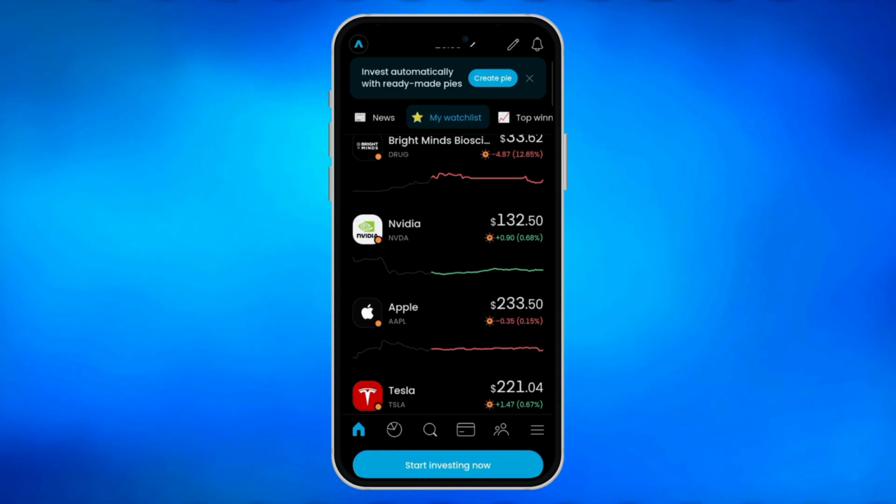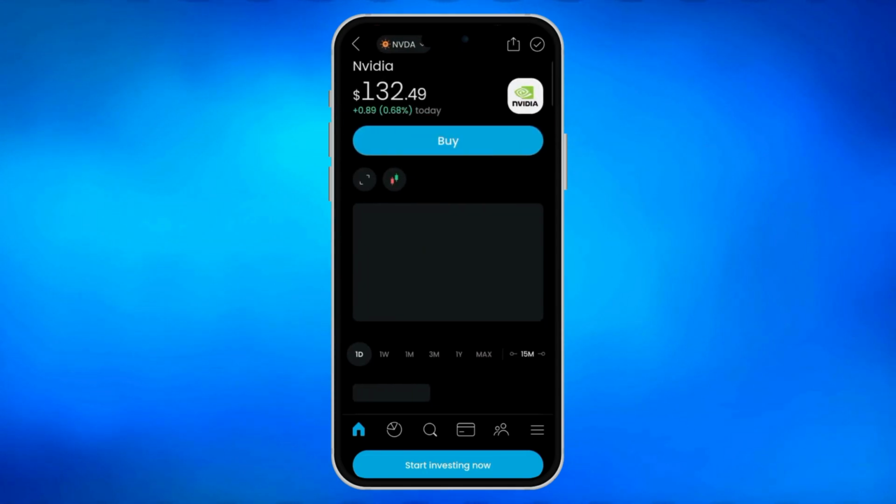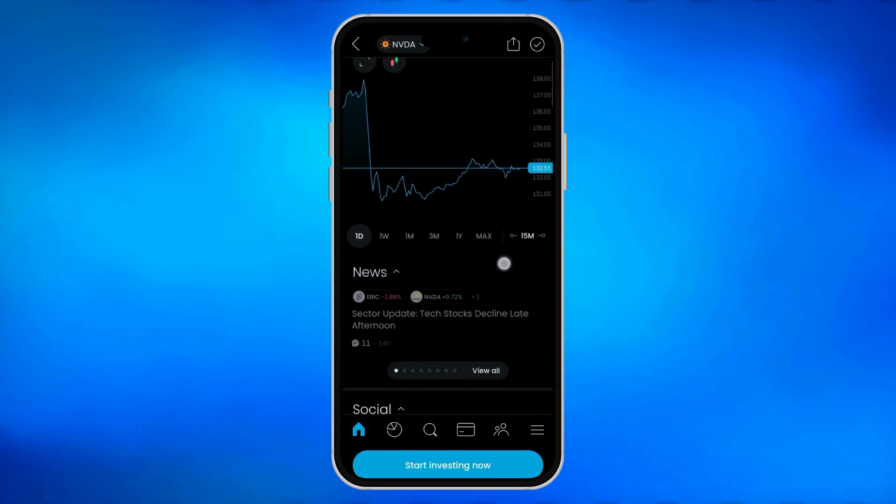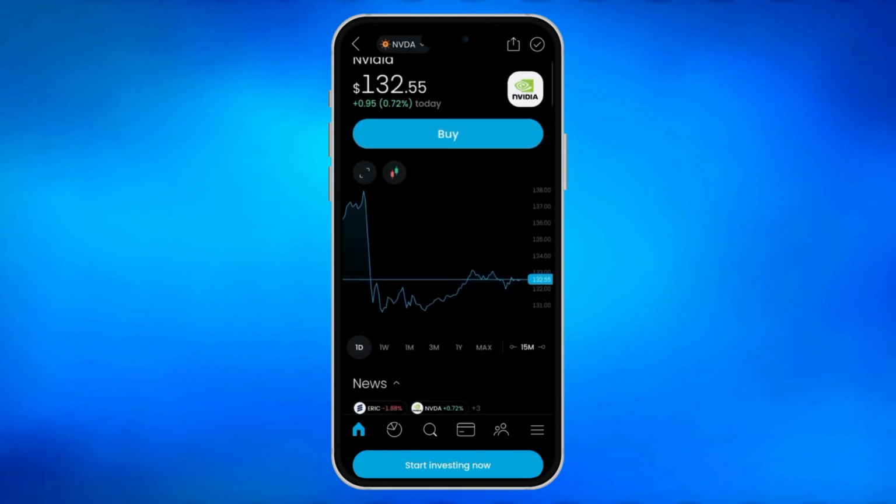To sell a share in Trading212, assuming we already have an investment here in NVIDIA, just click it, and instead of this buy button, you will see here your investment details, and under that you will see a sell button and a buy more button. To sell that share, you'll just need to click the sell button and proceed to transaction, and that's how you sell a share in